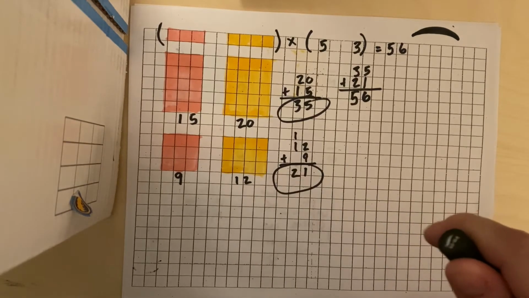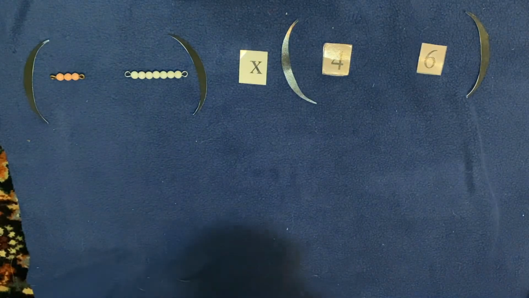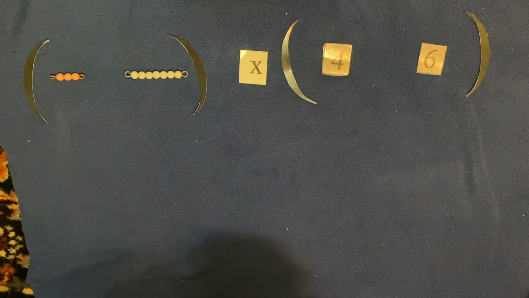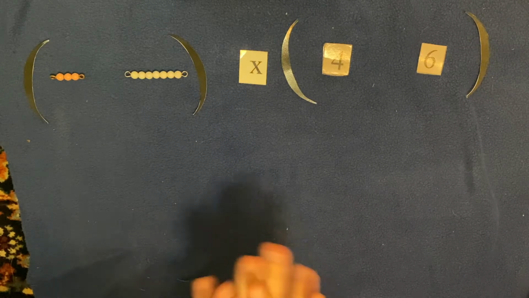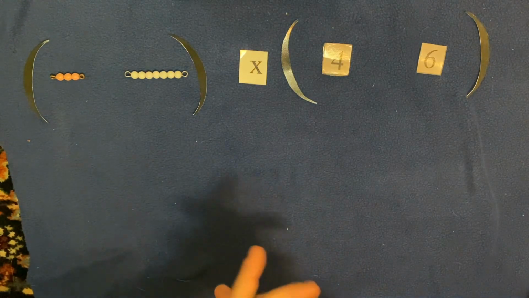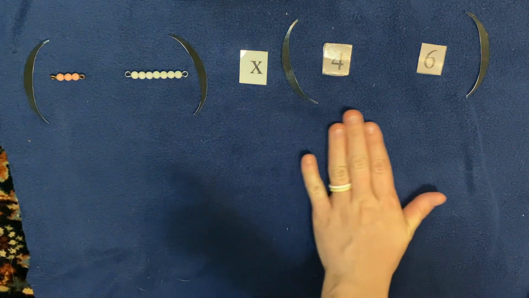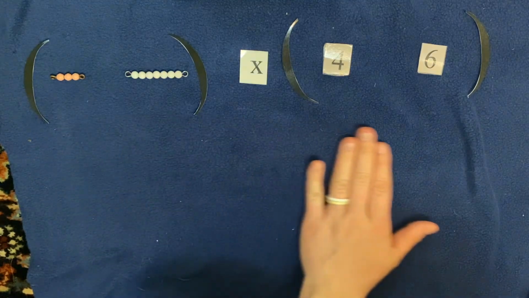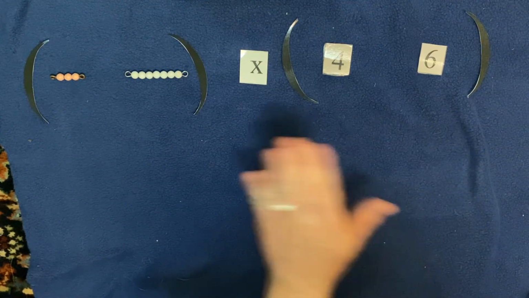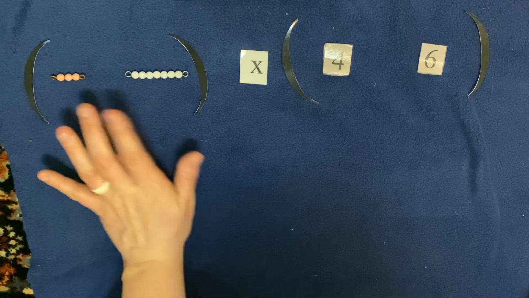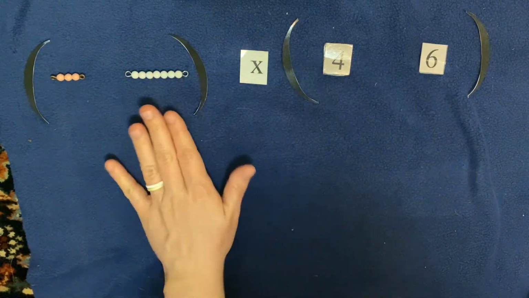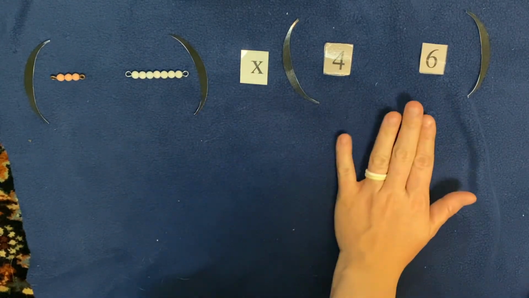All right, guys, thanks. So the distributive law of multiplication states that you must distribute or pass out the multiplication across all of the terms or all of the numbers. Okay, so that means we're going to multiply 3 times 4 and 3 times 6 and 7 times 4 and 7 times 6. All right,